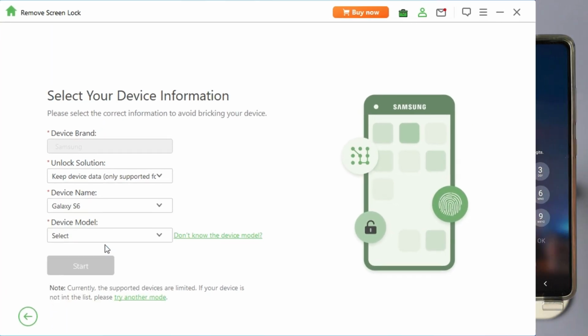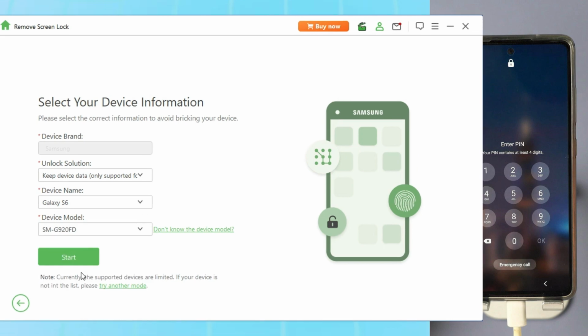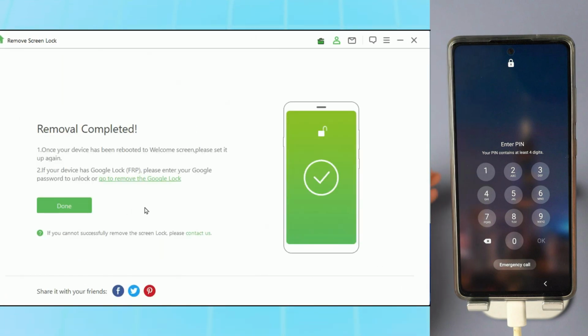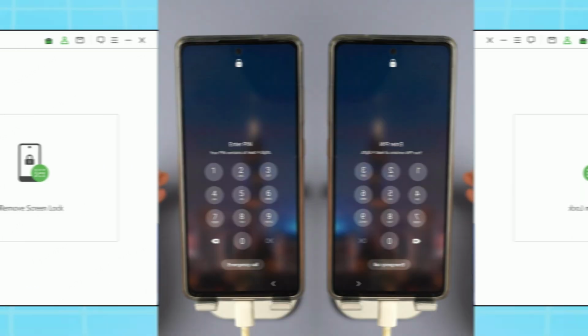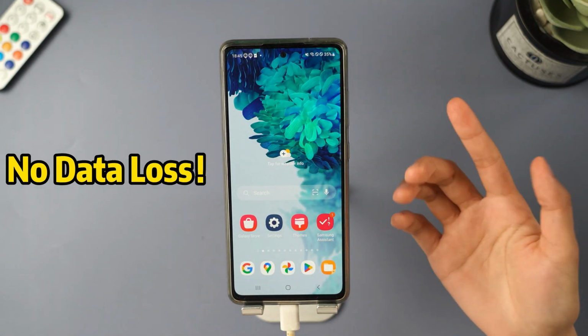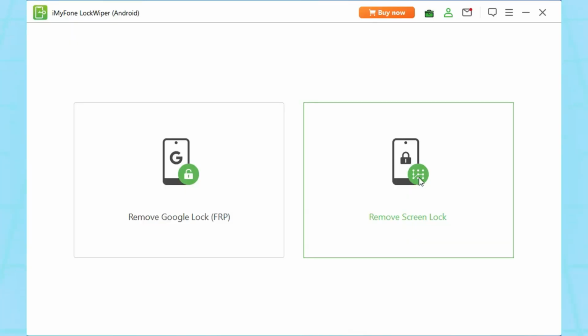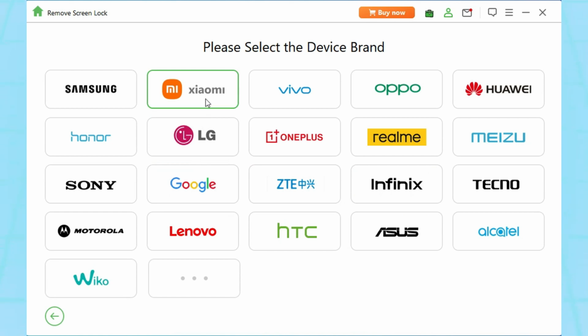Wait for downloading the data package. It will unlock your pattern lock in just minutes without data loss. Now check your Android phone. The screen lock has been removed and your data is still safe. Pretty amazing, right? If you have another brand like LG, Huawei, or Xiaomi, etc., or your device is not on